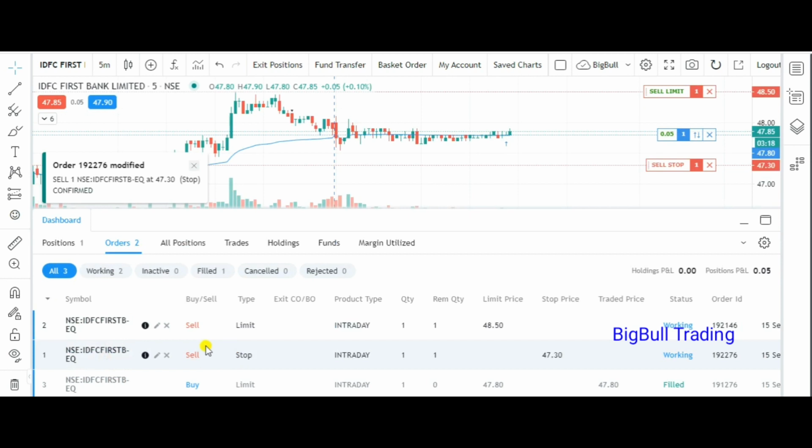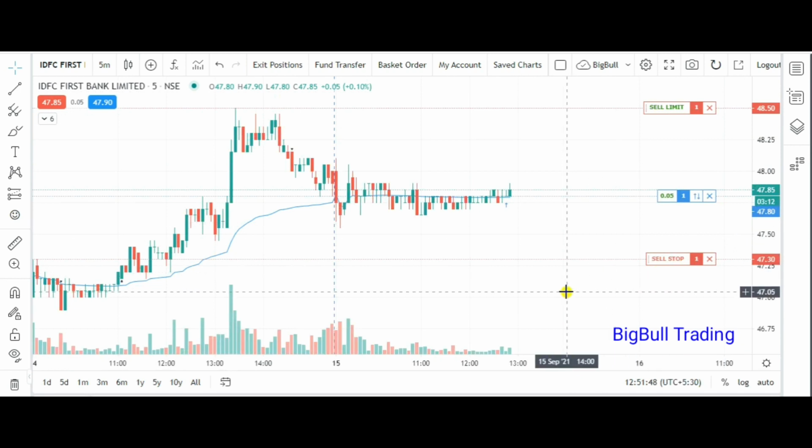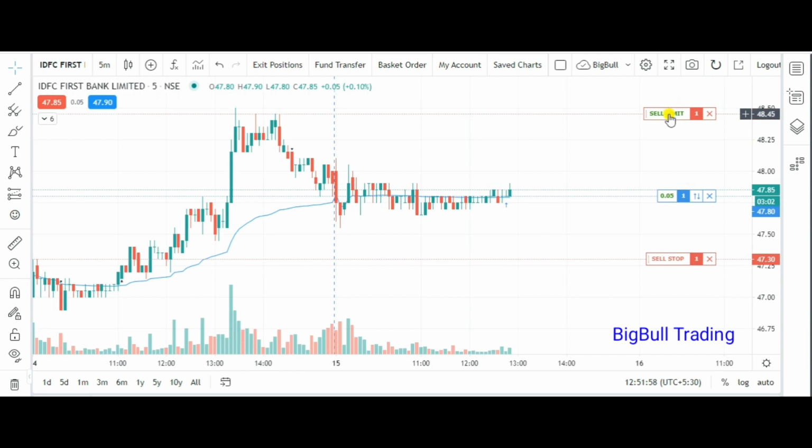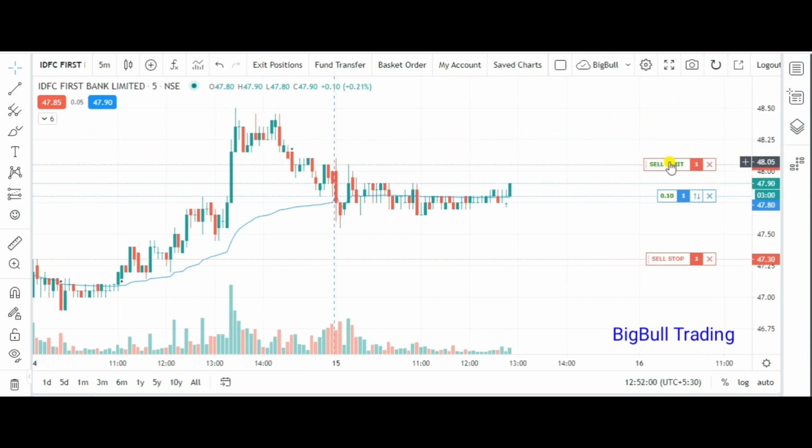And once you go to the dashboard, you can see two orders are there. But in this, you have to keep in mind, once one order is executed, the other one you have to cancel manually, otherwise it will not be cancelled. For example, I will show you now. Suppose you feel you want your target at this level.